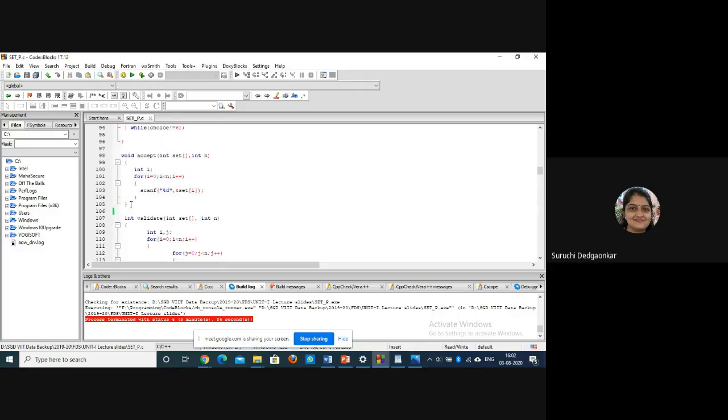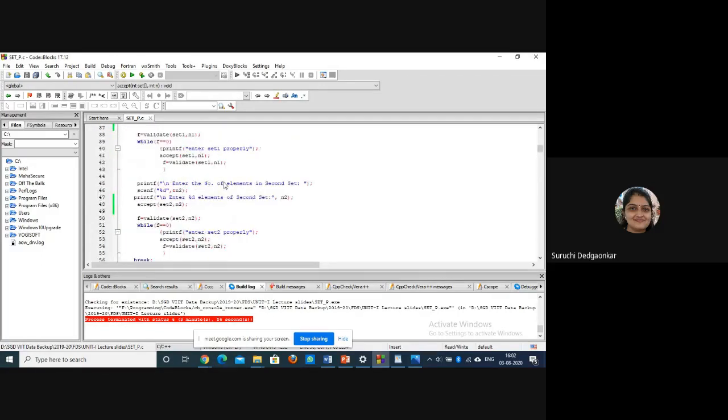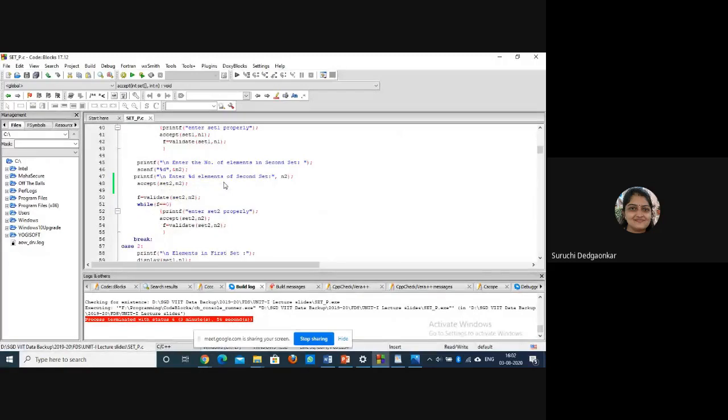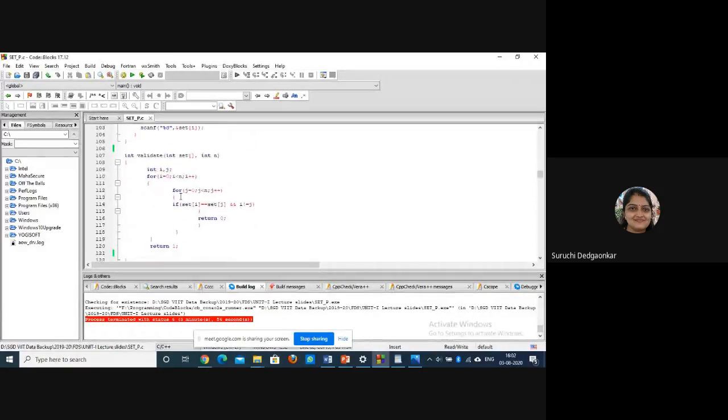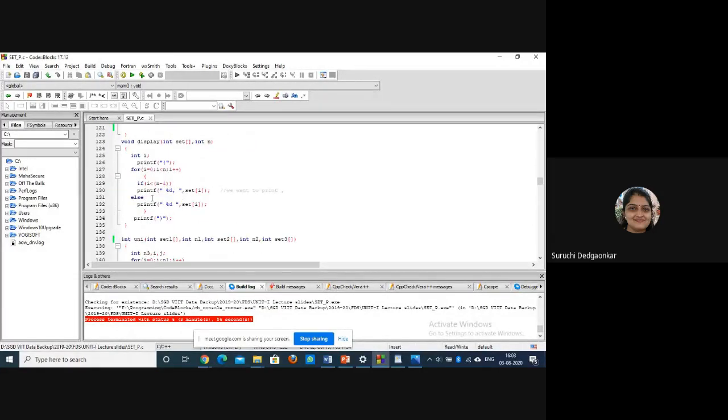So we have written the accept function for accepting one set and called it twice. Similarly, the display function also we have used twice, because display is written for displaying a single set. Up to this, if you are getting it properly, then go for the next processing function in our program.